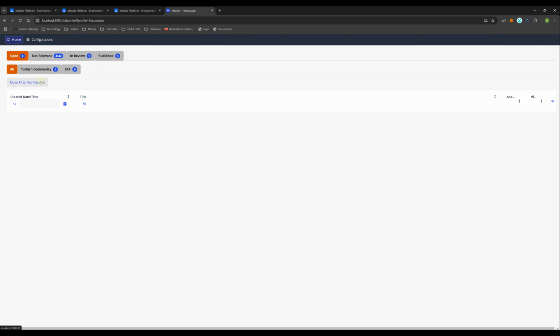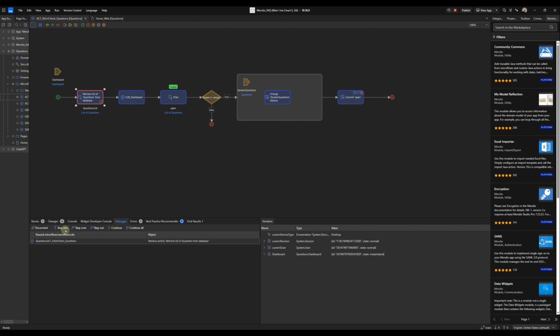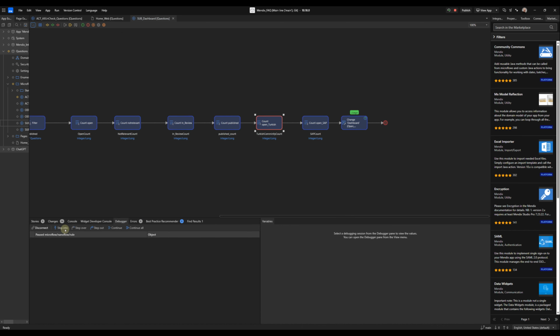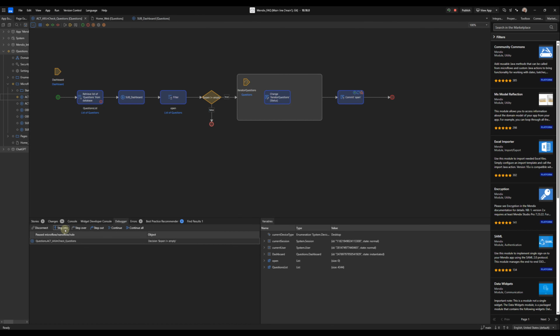Let's go. When I click here, and when I click step info, every step will go. For example, when I click step info, it will go inside the step flow, like this, step by step, and will be over like this.